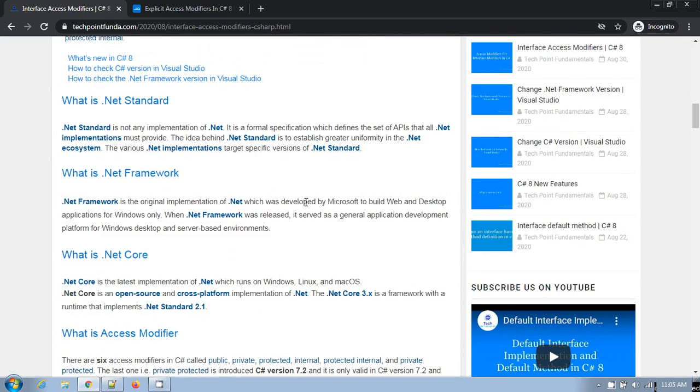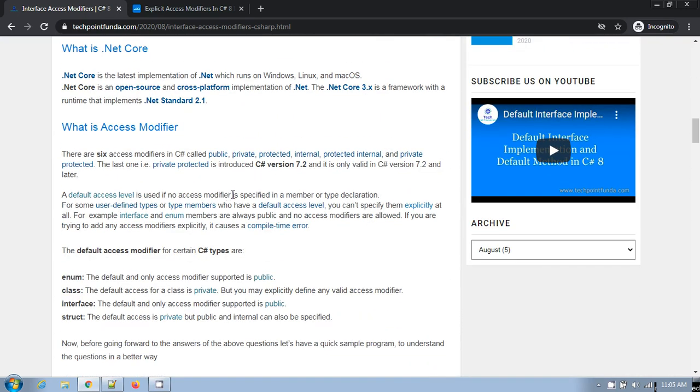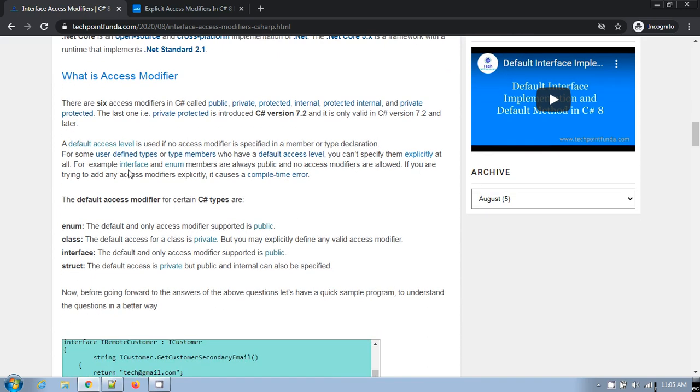So for example, if you see here, there are 6 access modifiers in C Sharp: public, protected, internal, and protected internal. The last one, private protected, is only available in C Sharp version 7.2 or later versions. It is not available in the previous versions of C Sharp older than 7.2.